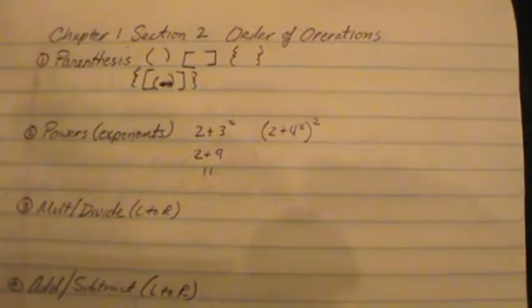But the thing you've got to keep in mind, if you have something like this, okay, (2 plus 4) squared, okay, what you are going to do, yes, you have a parentheses here, but you cannot add 4 squared to a whole number. So what I want to do for this particular problem is I want to do the square inside the parentheses first. So what I'd say is 2 plus 4 times 4, which would be 16,